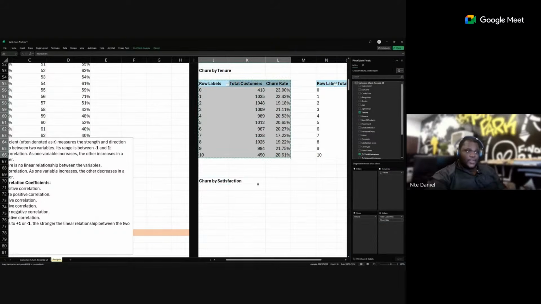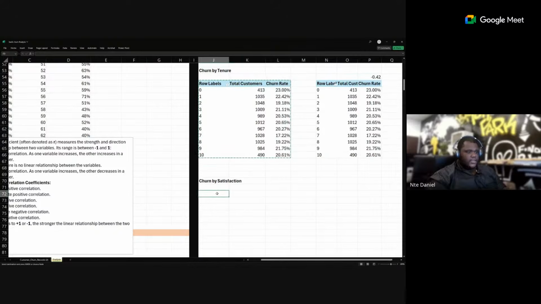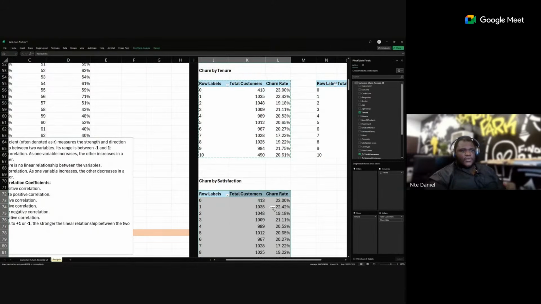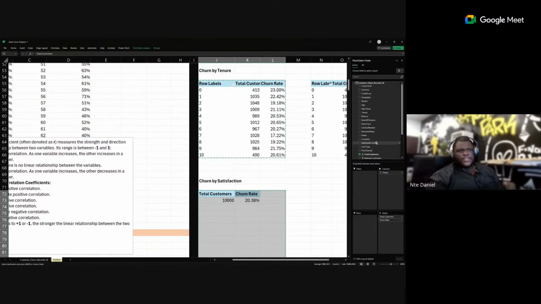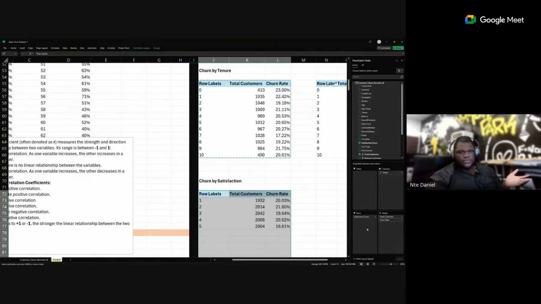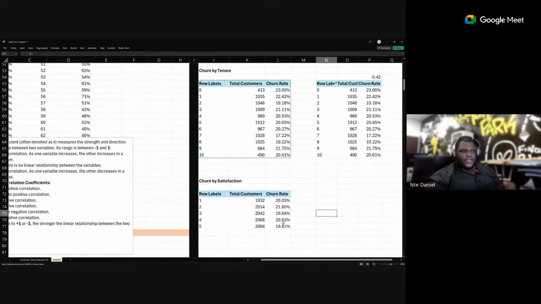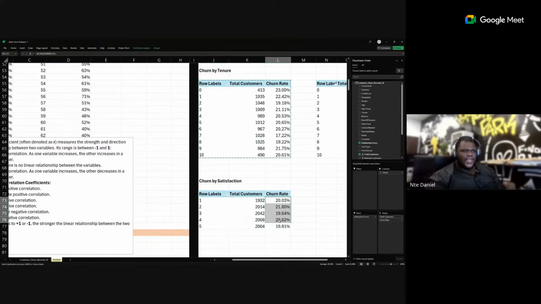So I can just copy this. I told you it's going to be relatively quick. I'll paste and I'll swap out the tenure for satisfaction score. That's all, right? I can see that irrespective of their satisfaction, they are roughly 2%. So you can see here that satisfaction doesn't really play that much of a role in our customer churning. Okay, it doesn't really play that much of a role. Now,